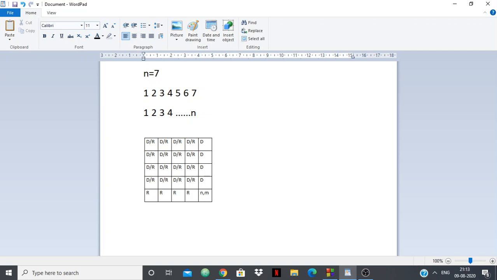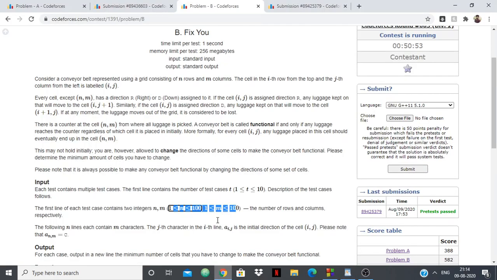So we don't care what is inside here. In all these cells, we don't care what is there. But this last column, except (n, m), should be down, and this last row should be fully R, and that's it. If this column is down and this row is right, then no matter where the luggage goes from any other cell, it will ultimately reach either this column or this row. And when it reaches either of them, it will automatically reach our position, (n, m). So very simple, all we had to do was that.